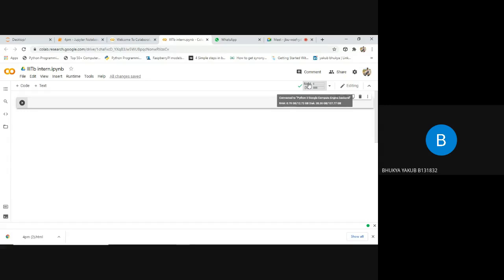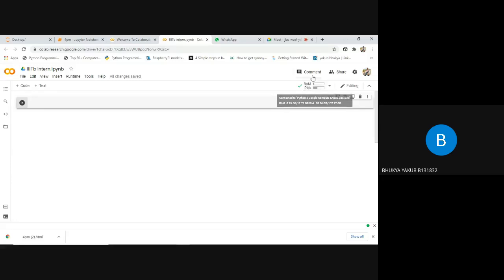If you keep the arrow here, you can see it has allocated a RAM of 12.72 GB. You can see 12.72 GB of virtual RAM provided by Google, and they provided us a virtual hard disk also, 107 GB. So it is a very convenient platform, and virtually they are providing us RAM as well as GPU also. Google is providing us 12 GB of virtual GPU. By using this virtual GPU, you can work on very high-end data science projects also.